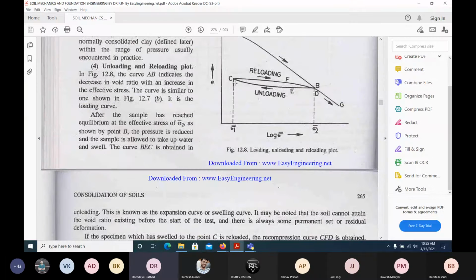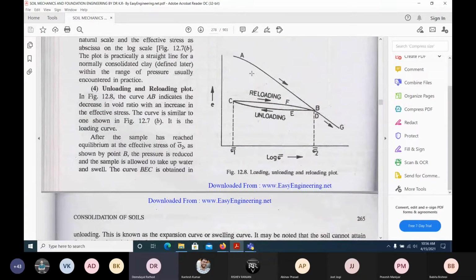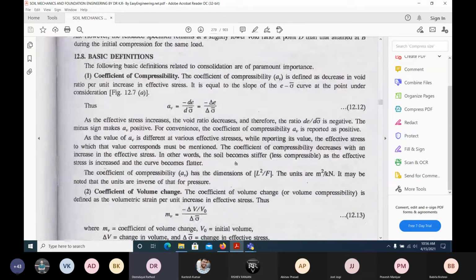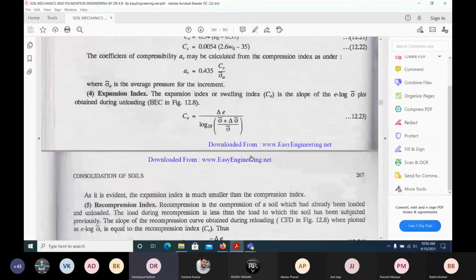So here, what is happening? Because more pressure has been subjected here, up to here it is on the over consolidated side. Again, if we are subjecting more, the first time it is subjected to DG, it is subjected to that much pressure again. Okay, look at the pressure. Then again it is called normally consolidated. BG is again called normal consolidation. From A to B, normal consolidation. So these are over consolidation, whatever load it is subjected to, because more than that it is subjected. Then BG can again be called normally consolidated. That's what it is mentioned.